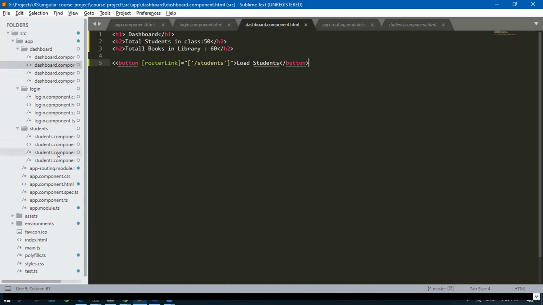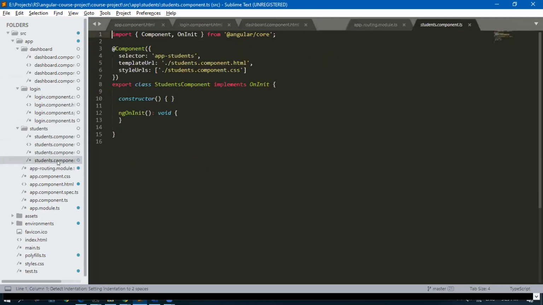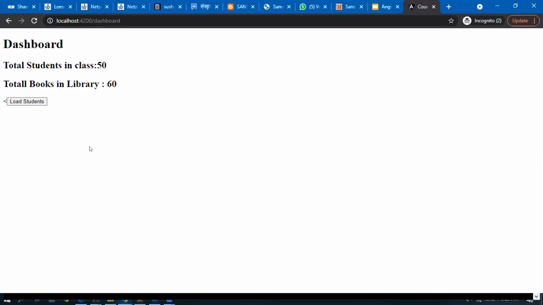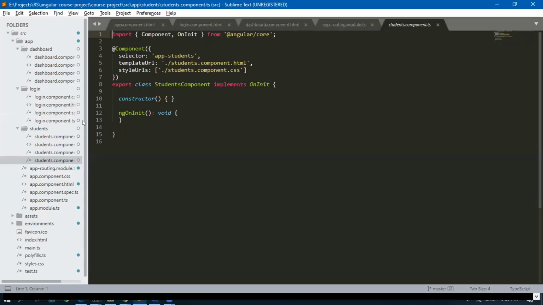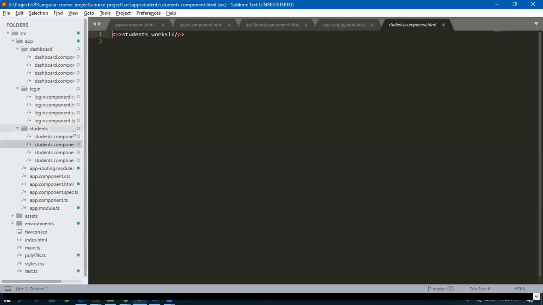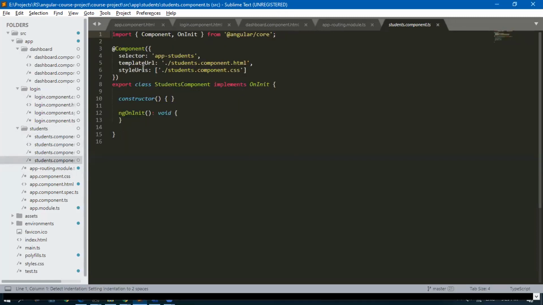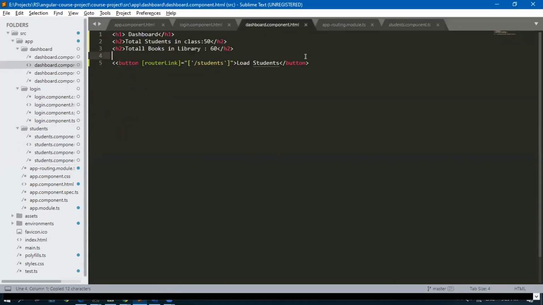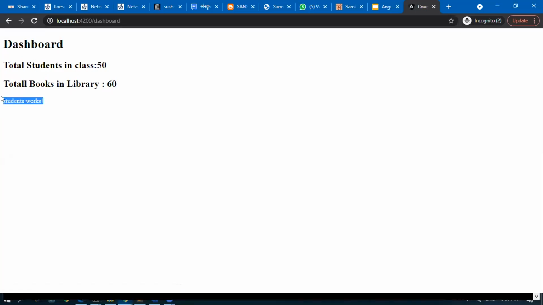Student component.html has to be loaded below the dashboard itself. I don't want this button to load. What can I do? In dashboard HTML, I'll remove this button and add this tag. That's all. See here, students works. That content came here.